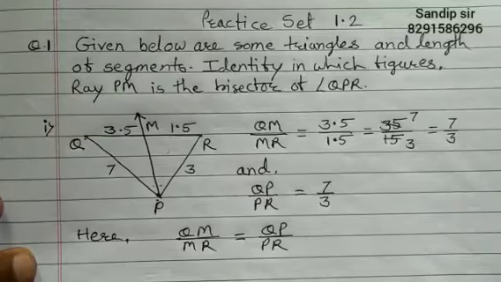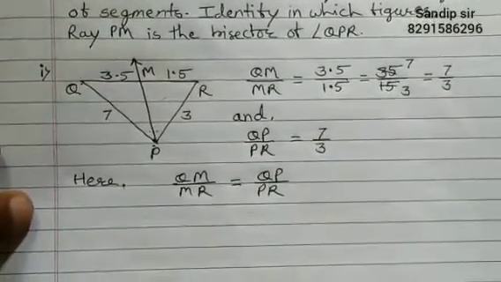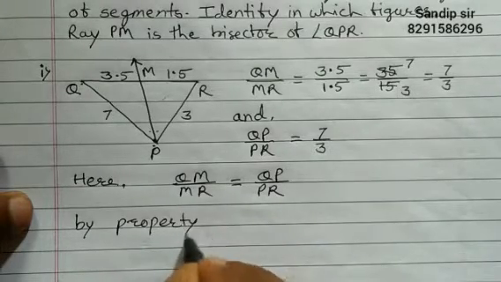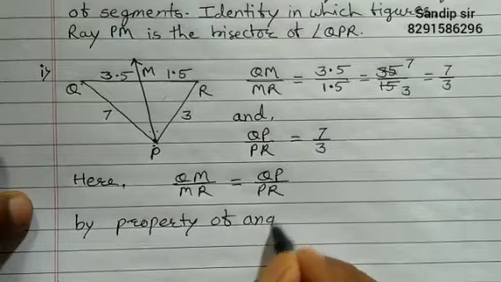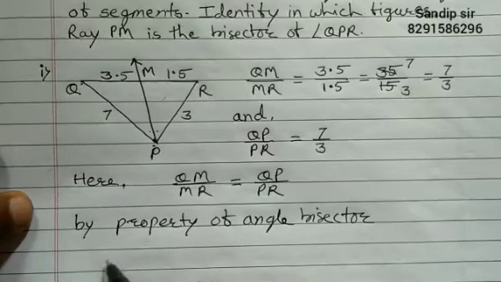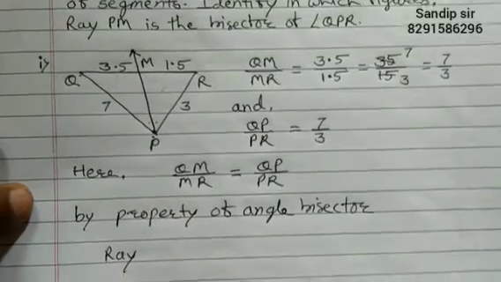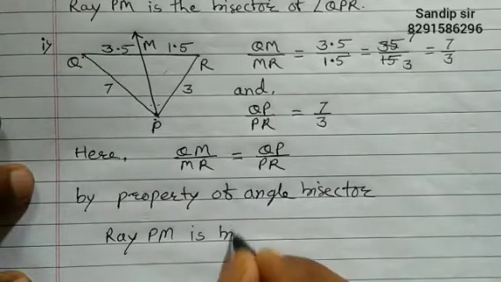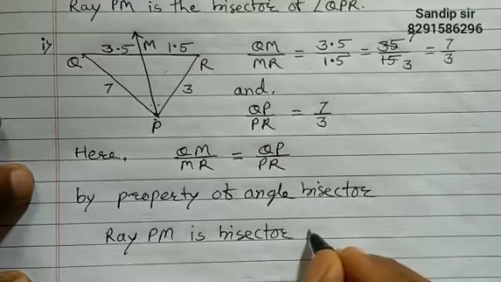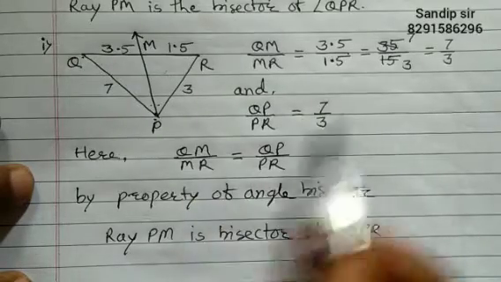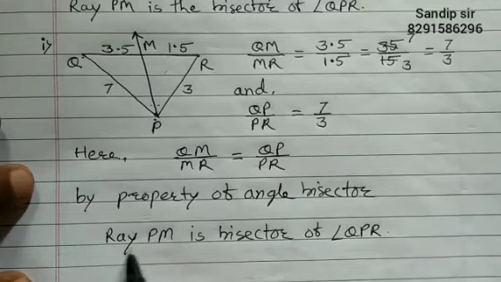If these two ratios are equal, then we can say by property of angle bisector, ray PM is bisector of angle QPR. If you never get both ratios are equal, we say ray PM is not bisector of